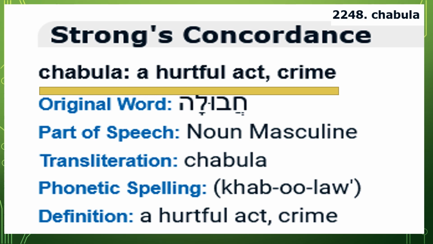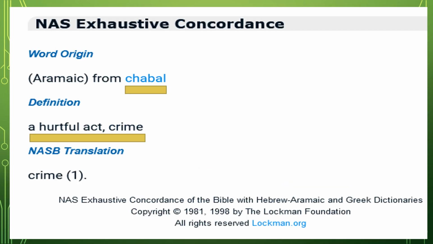And then there's a theme that runs through, because then you get referred to a variety of other words. Now, what's interesting also is you see a change in the characters in terms of the writing from one type of what would be considered Hebrew to something else. And you can see this here. And then it's referring you to this word that is basically cabal, again, a hurtful act or crime. And this also looks like it is related to what you would consider to be a cabal in modern language.